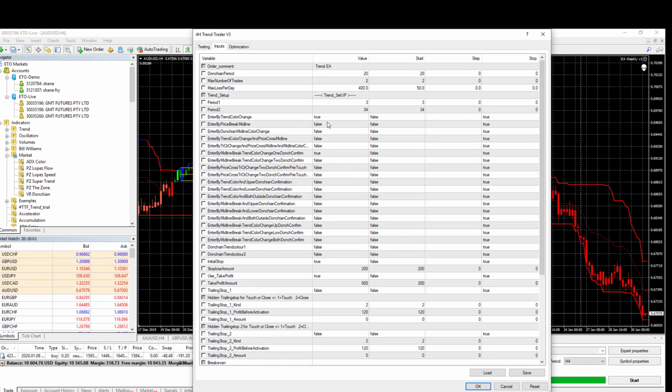What we can do is select the trend color change. That's okay to true. We can enter by price break of the midline. So at the moment that's false. Typically what you'll find is when the trend color changes, it does normally break the trend line, but not every time. So we've got that at false. But what we do have here is enter by midline break, trend color change, which matches our first input there,